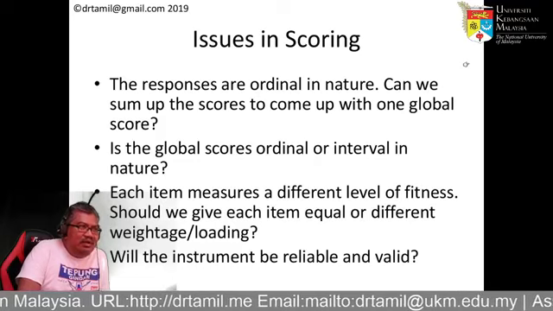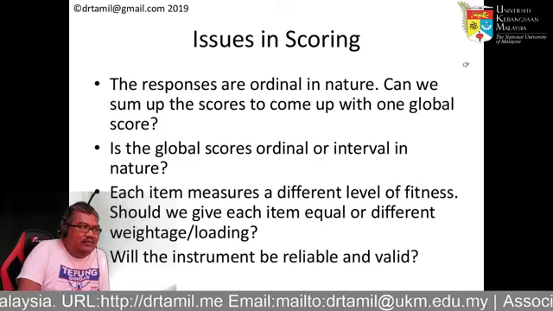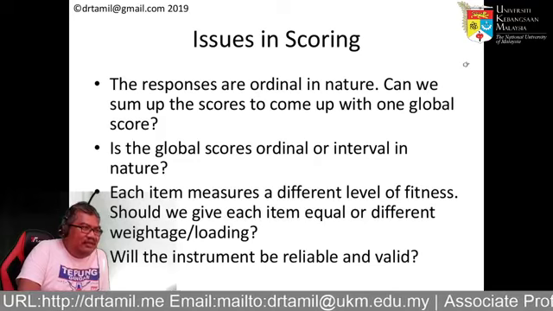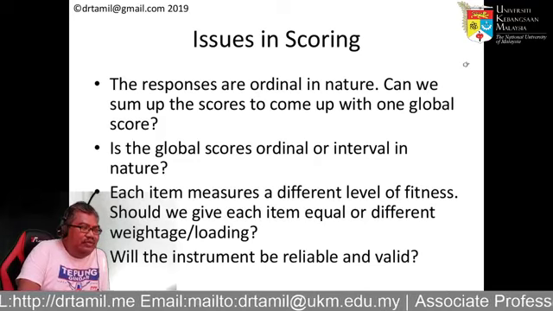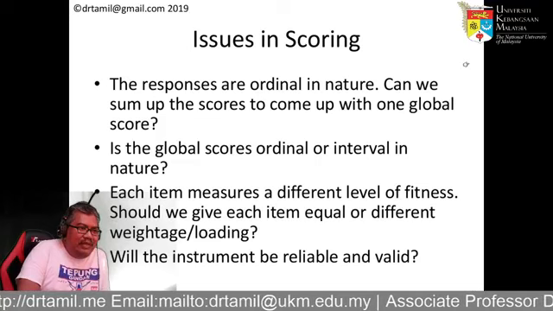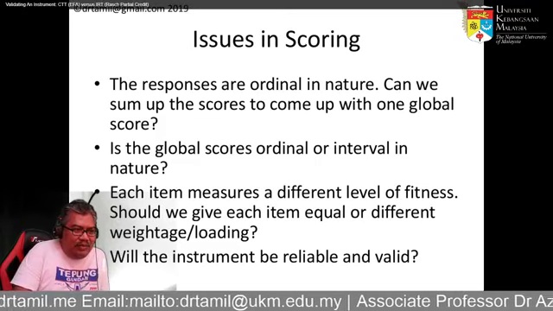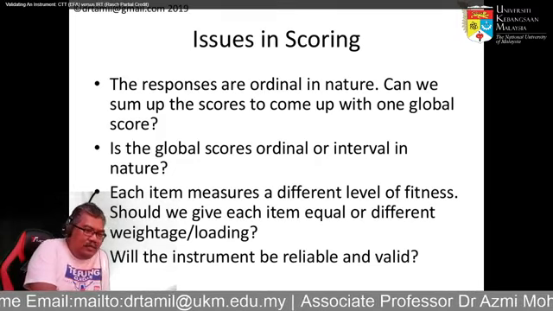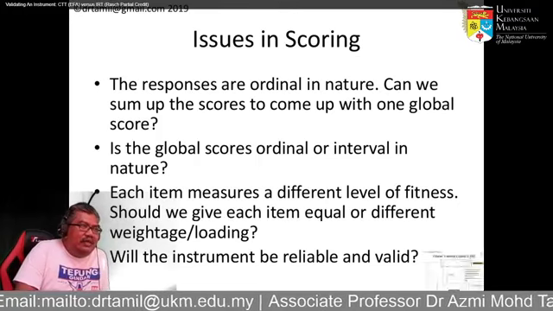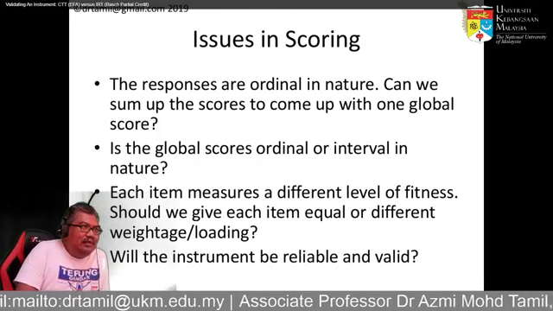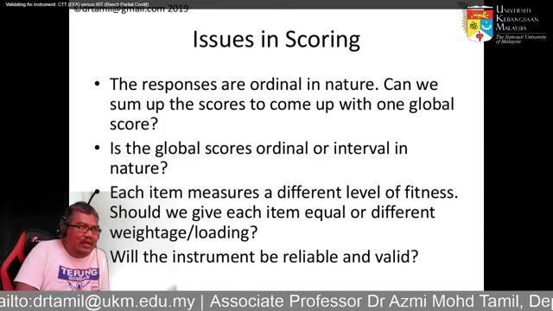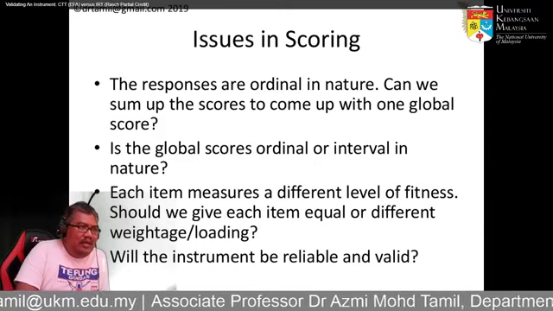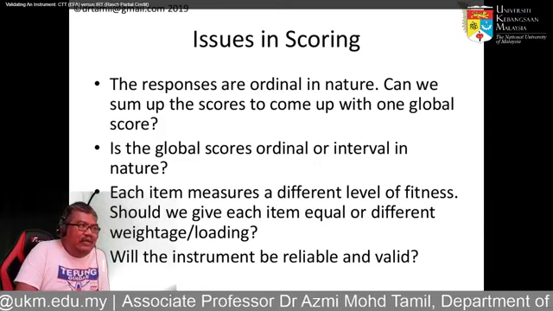Is the final score ordinal data or is it interval in nature? Okay. And the other thing is, each item measures a different level of fitness. How can you give them equal weightage? For example, the question about being able to bathe yourself, and the question about being able to do Ironman. The scoring is the same, 1, 2, and 3. How can they be the same? Because bathing yourself is something very easy to do, and doing the Ironman is something very hard to do. How can you give the same